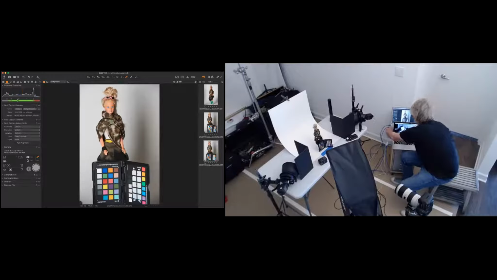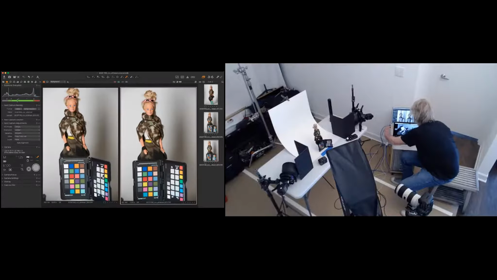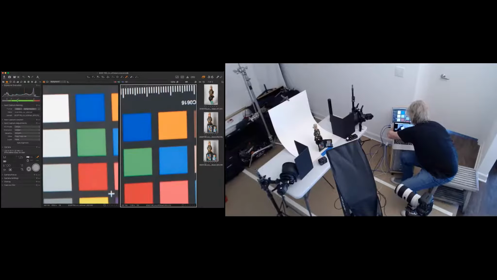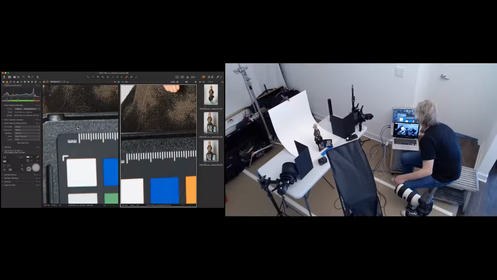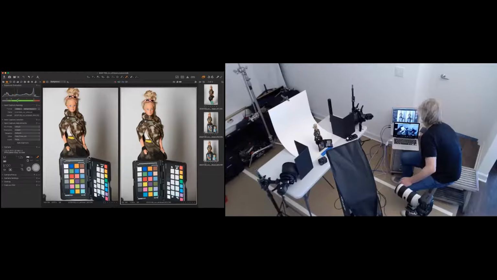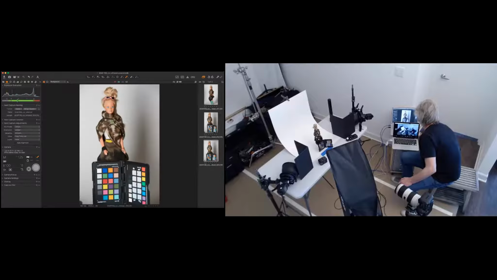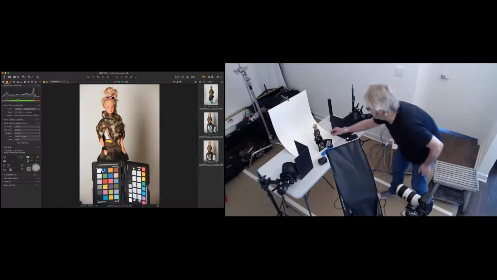So this is the difference in the two. This is where I was, and this is where I'm at right now. If we take a close look, you can see the difference on the edge. The black edge right here definitely got glare in it. This one, not so much. So I'm feeling pretty good about that. I am going to just color balance this one single one and read my white patch value right here. And it's reading a 245. What is that telling me? You're good. You are right. So that sets up that part.